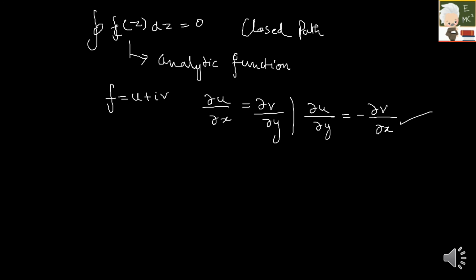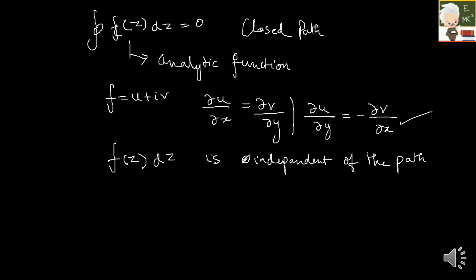So second, you can do it easily. Here, if your function is analytic, then the integral of f(z) dz is independent of the path followed. What do I mean by this? For example, if I have a circle like this, my initial point is equal to the final point. So your integral is going to be independent of the path followed, and you can just take your initial and final points.